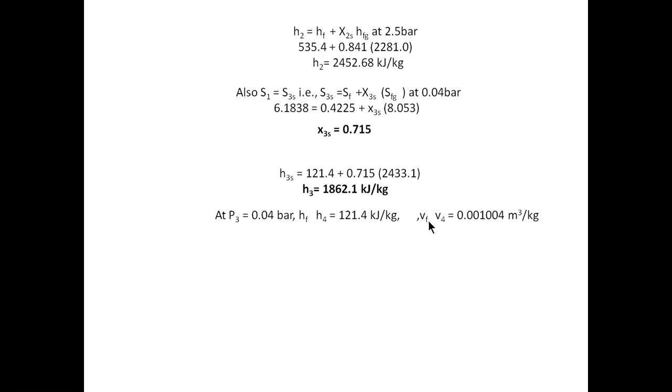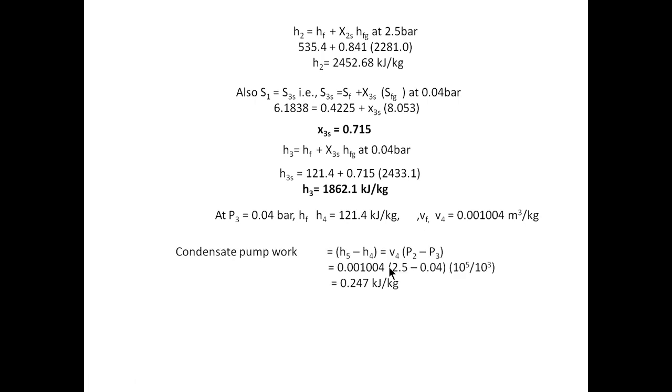In the same fashion as we were doing in the previous problem, here also the same thing. So we get the value of this also. And we know the pump work is given by h5 minus h4. Here the pump work is from 4 to 5. So this pump work is also equal to V4 into the change in pressure during the process. Here you need to note in this particular regenerative cycle, it is not the condenser pressure minus boiler pressure. It is condenser pressure minus feed water heater pressure.